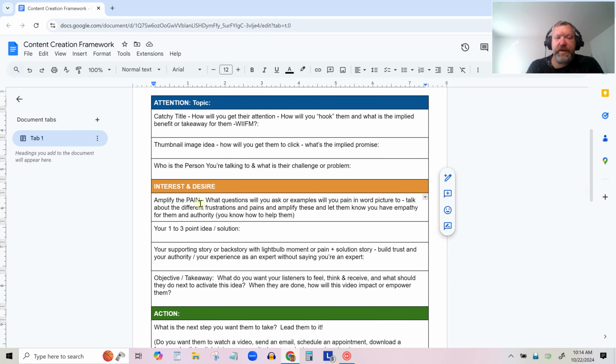The next part of this, the second step in my 3-step framework, is their interest and desire. So what you have to do in this part is amplify the pain. How can you amplify the pain? You ask more questions that get them to think about the situation they're in, or the situation they're trying to get out of, or the pain that they're trying to alleviate, or the challenge they're trying to overcome. Think of it as a pain because there's something they want to move away from and something they want to